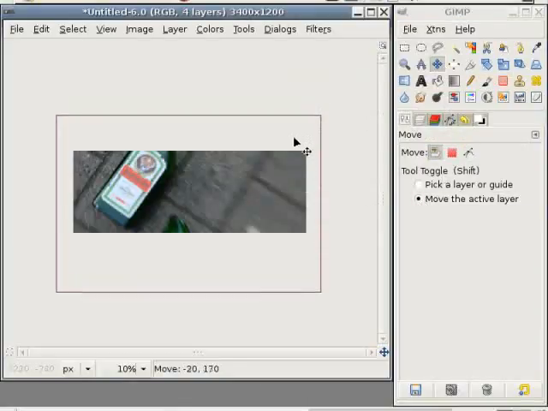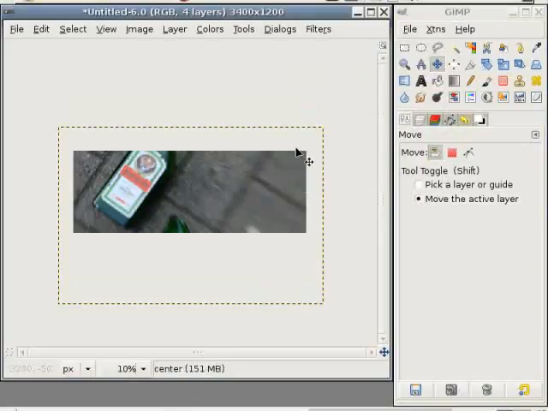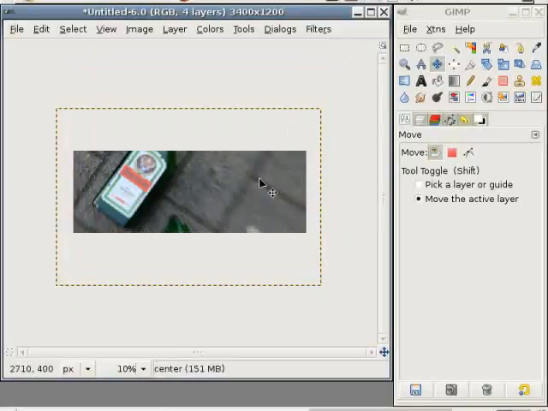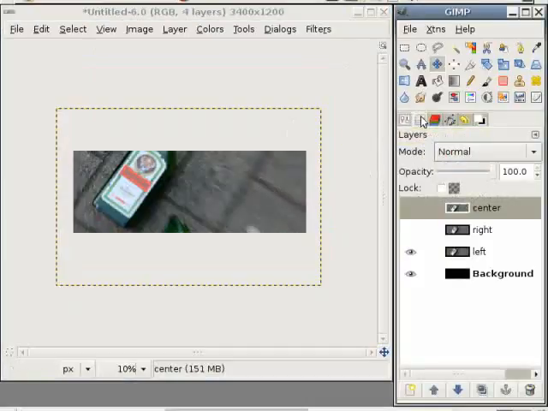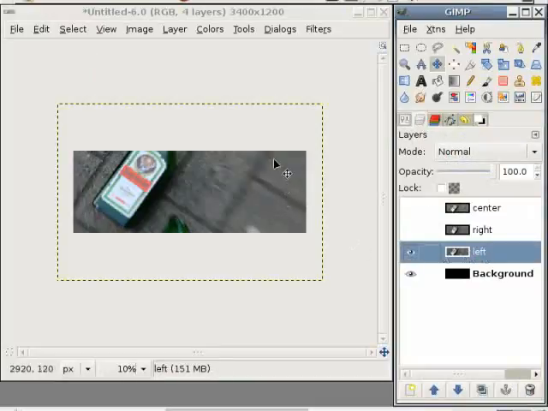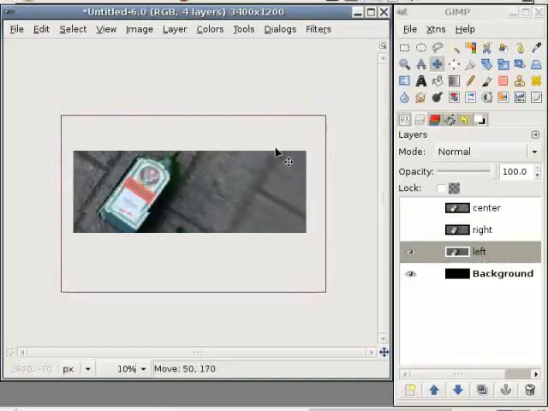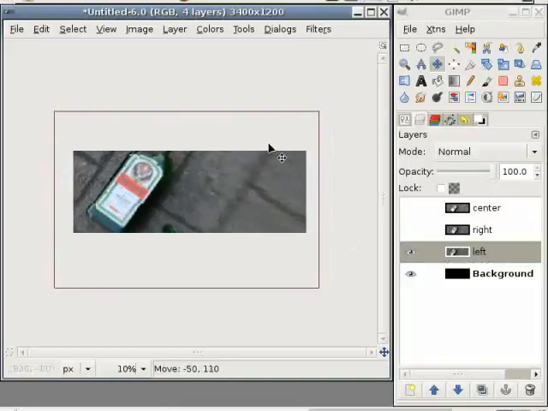Then I can move this layer. Oh, I'm on the wrong layer, I think. Well, yes, okay, the center layer was selected. I have to click here now. Now I can move this layer here and position the bottle,